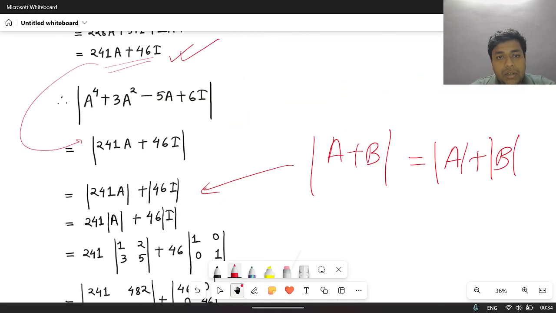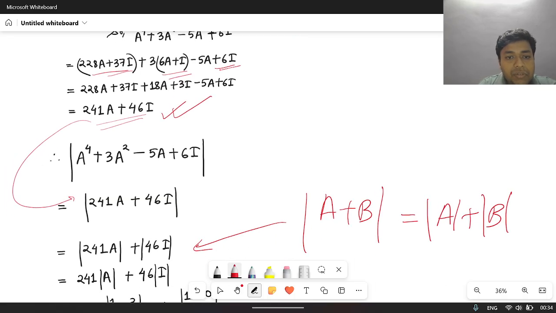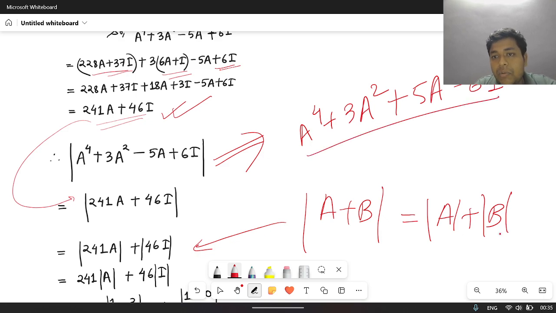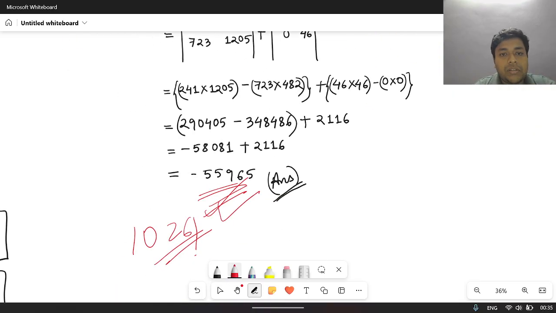The main issue was that this is what they asked to find, but the answer which they have given is because they have considered this question as A square plus 5A minus 6I. If you solve it taking this, with plus here and minus here, then you will get the answer given in the answer key. But in the question paper it was minus 5A plus 6I. According to this, the answer will be this. Anyway,